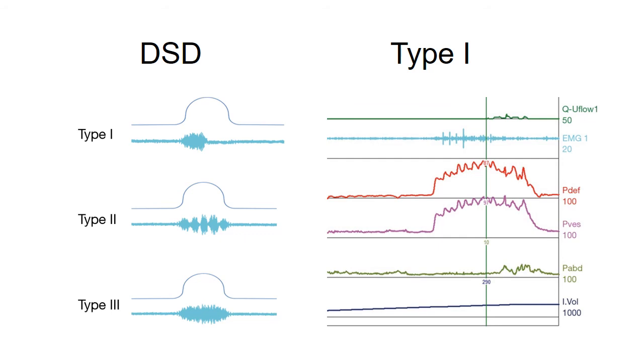These are the three types of detrusor sphincter dyssynergia. In type 1 DSD, we can see that there is recruitment seen in the EMG during voiding contractions only, but after some time this recruitment subsides and voiding occurs in the second part. In type 2, there is intermittent recruitment throughout voiding, and in type 3 there is a crescendo decrescendo firing with no appreciable voided volume.